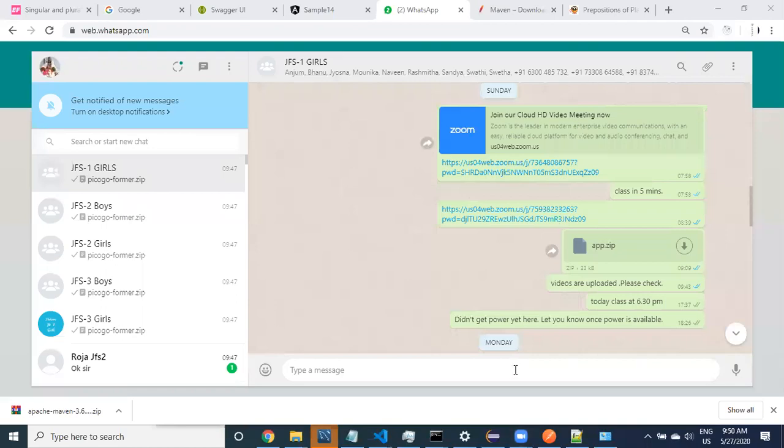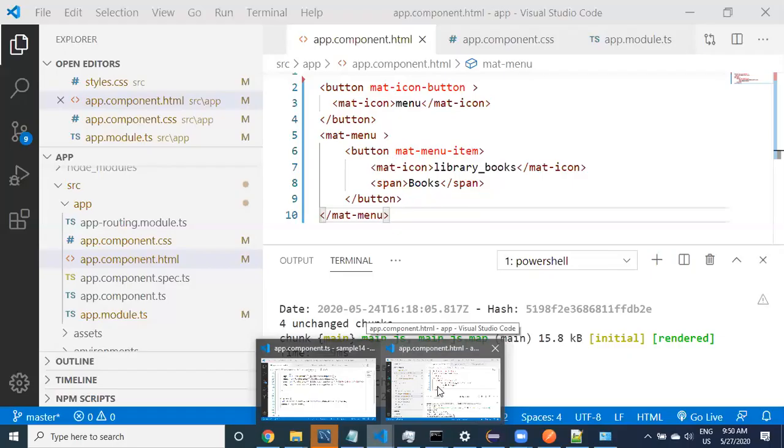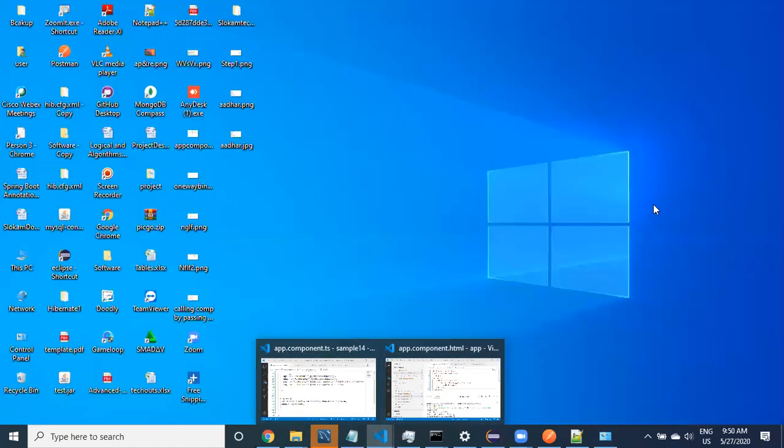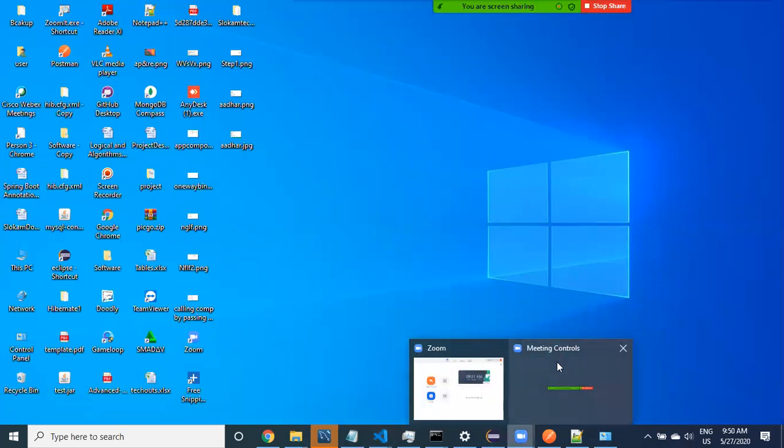So now please confirm that you have downloaded the project that I sent through WhatsApp, and then unzip it into one location. That is the step that you need to do. If you have done it, then I will show you a few commands to do the next steps.